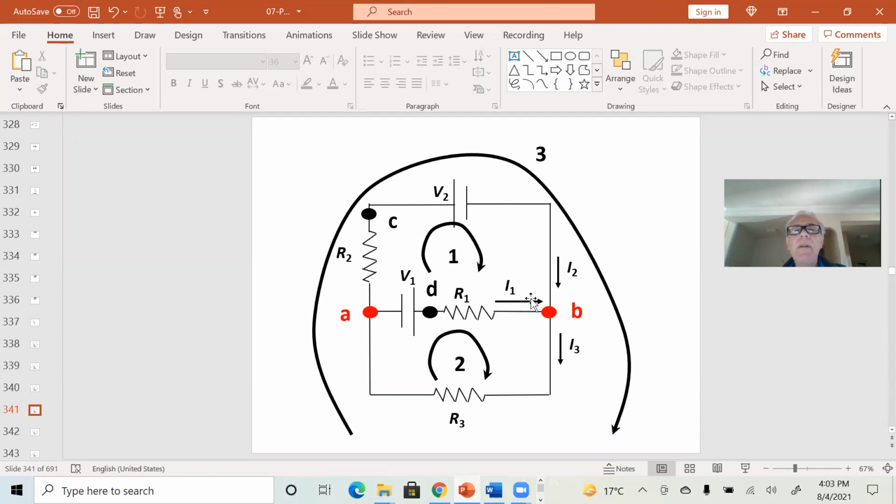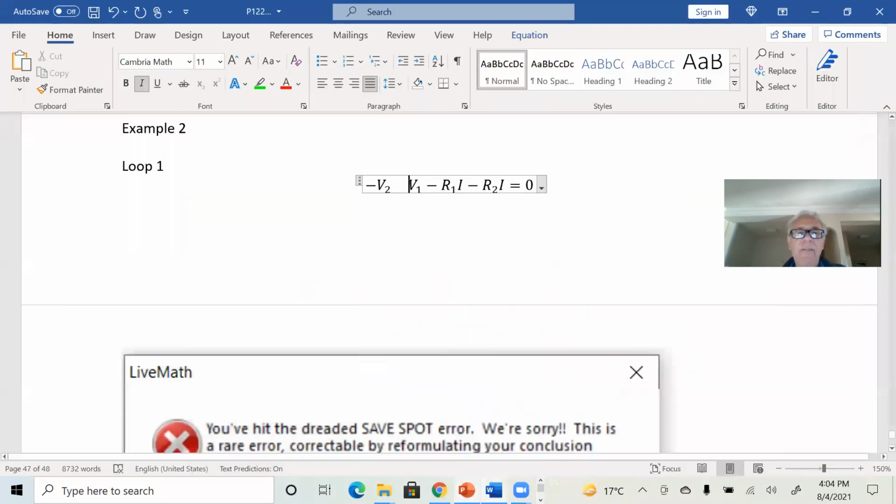I set up my current I1, so I'm moving against the flow of the current. The loop is clockwise, which is also going against the flow of the current. Because I'm going against the flow of current, I'm going to gain electric potential across this resistor. So now what we have is plus R1